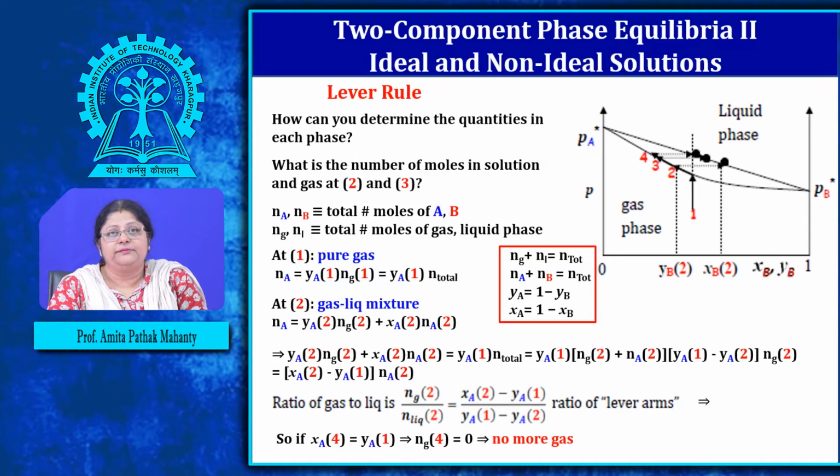of any component. Ma'am, that should be XA2 into NG2, I guess, because that is the confusing factor. Like how we calculate NA from NA already. And Na we have already calculated, right? At point 1. Yes, ma'am. Like at gas and liquid mixture, also we are calculating Na by using the formula Ya2 Ng2 plus Xa2 Na2. So here Na2 comes, or Ng2 will be there.